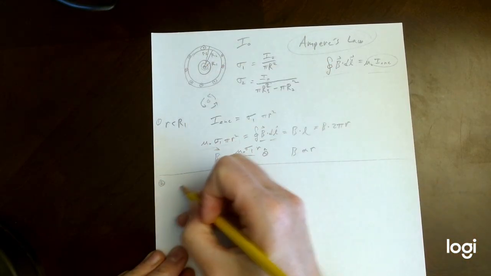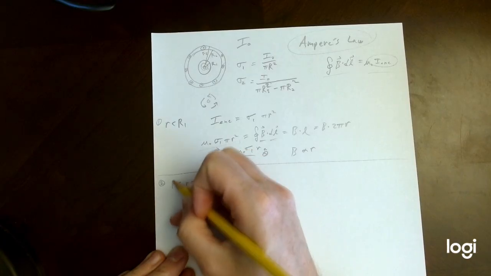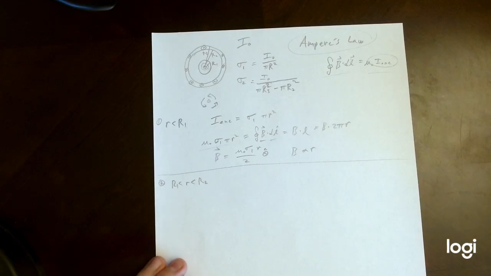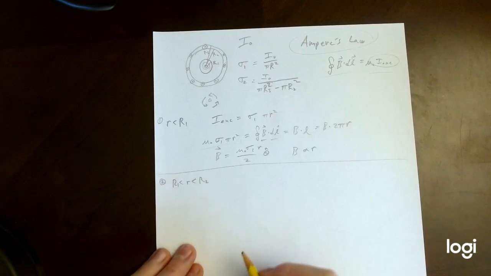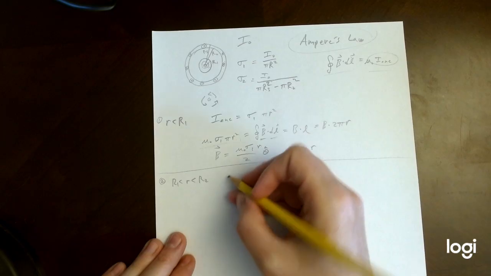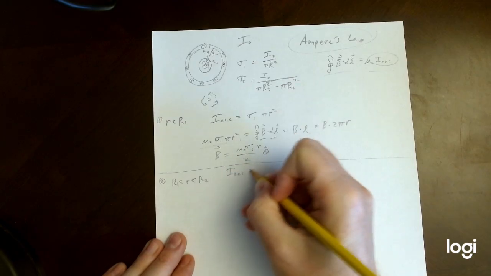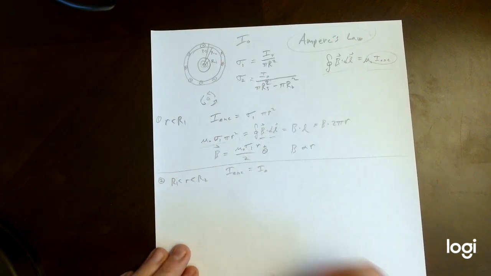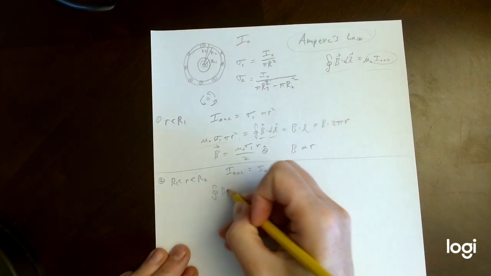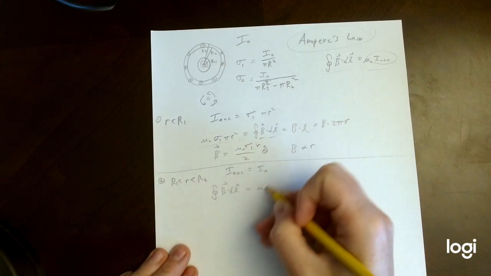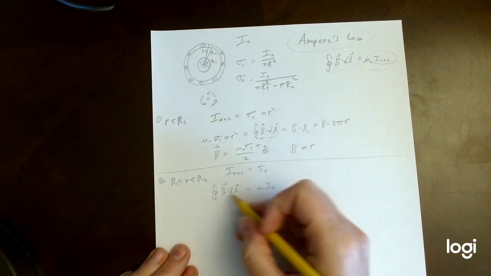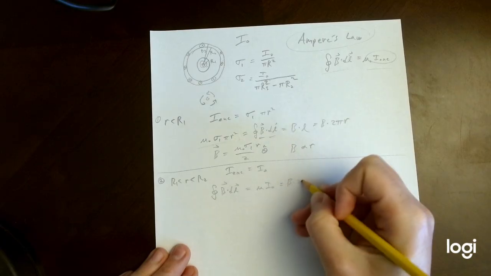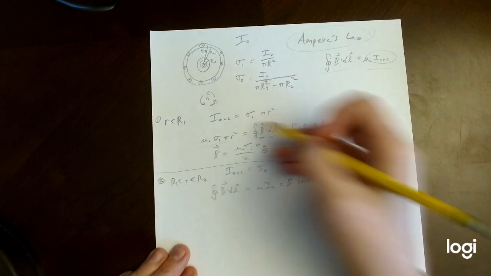The second region of interest would be, what if r is between R1 and R2? We're in this space in between these two cables. And this is effectively the exact example I did in class, because we know the I enclosed is just I naught, because there's no current in between this space here. We can do this: B dot dl is mu naught I naught, and then this B dot dl again becomes B times 2 pi r, for the same reasons we had above,